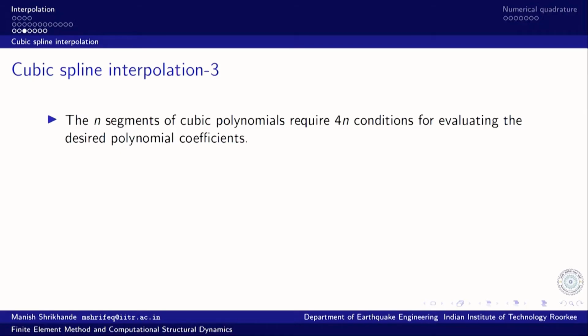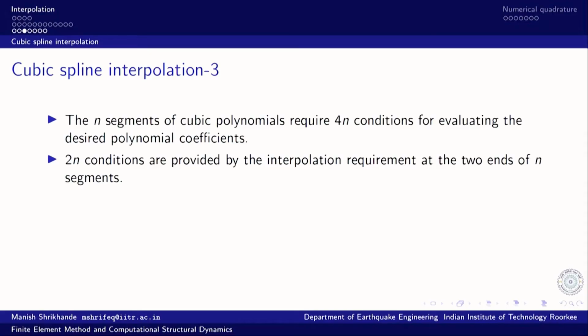that gives us sufficient constraints and continuity to ensure the smoothness requirement. So, for n segments there are n cubic polynomials, and each cubic polynomial requires 4 conditions, because there are 4 unknown coefficients. So, a total of 4n conditions are required to uniquely define n segments of cubic polynomials, right. Where do we get these 4n conditions? Let us count the conditions that we have.